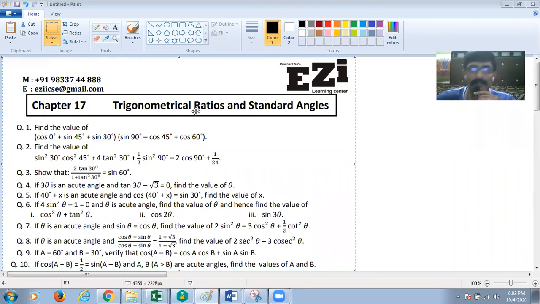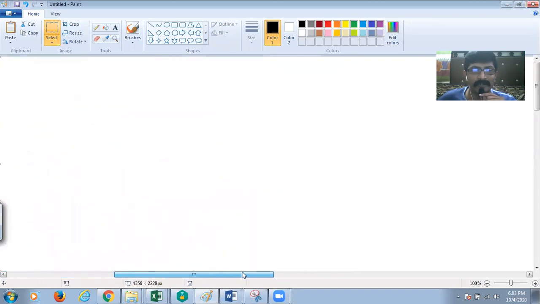And now, in today's lecture, we're going to learn trigonometrical ratios in detail, and also something called a standard angle table. So what exactly is a standard angle, and how do we get the values of the standard angle table? I'm going to give you all the tricks, plus we will do these 10 sums in today's class. I don't know how much I'll be able to finish, but we will try to finish all 10 sums and the standard angle table. So stay tuned till the end, and let's see how to get this standard angle table quickly in your